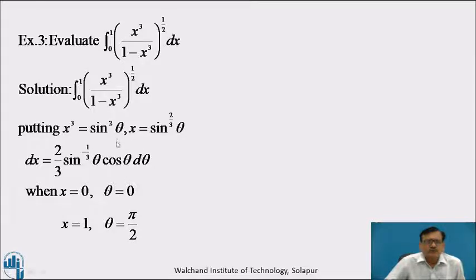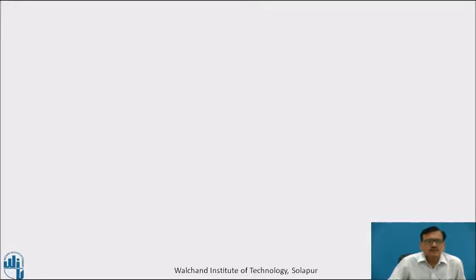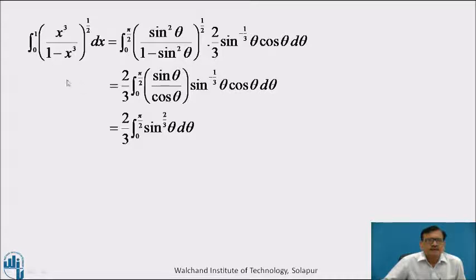Now we have to change the limits accordingly. When x is 0, we put x equal to 0 we get theta equal to 0, and when x equal to 1, theta equal to pi by 2. Therefore, using these substitutions in the given integral, we get integration from 0 to 1 in bracket x cube upon 1 minus x cube raised to the power 1 by 2 dx equal to integration from 0 to pi by